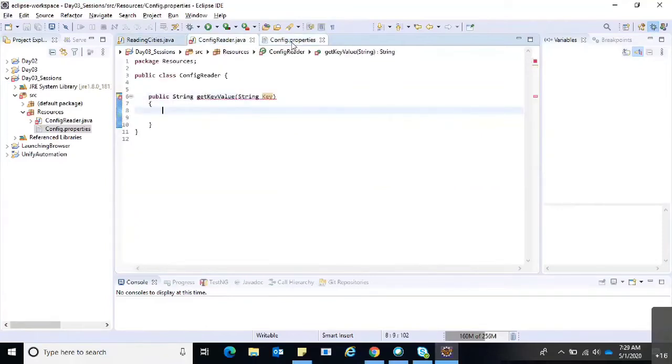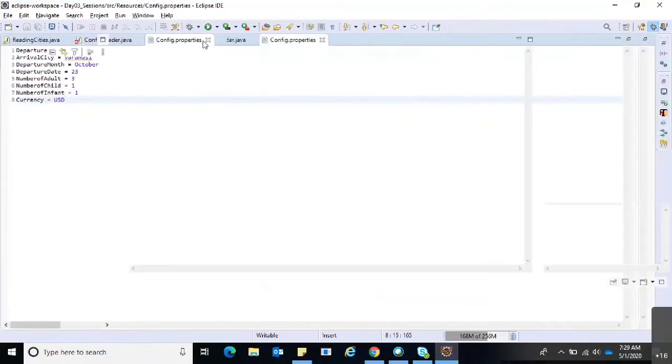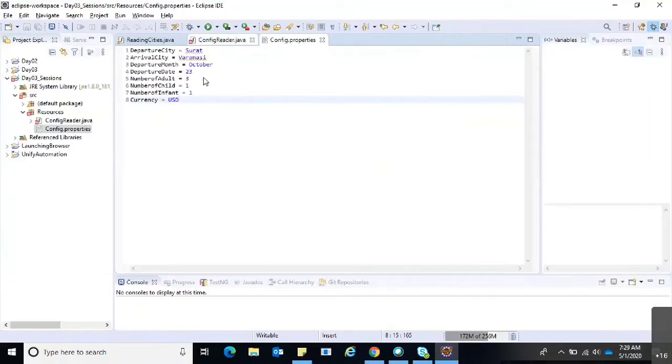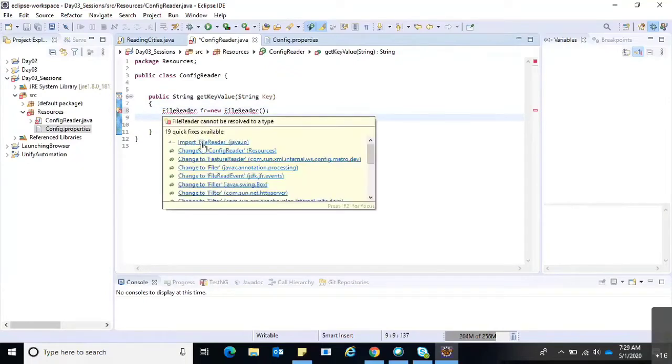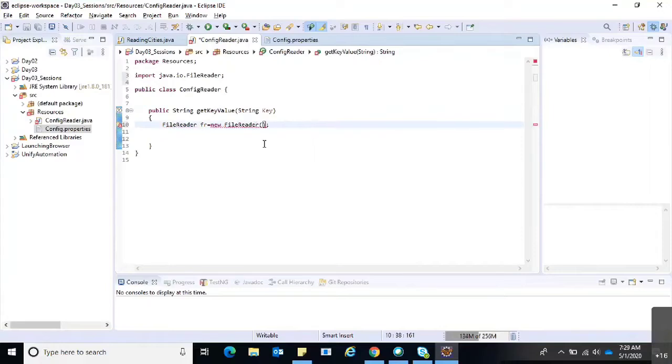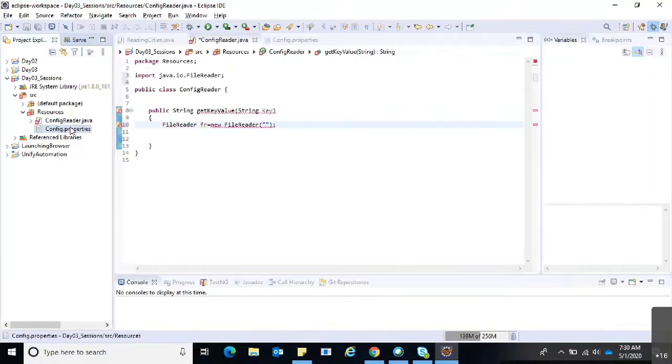So now I want to read this particular config.properties, and we have one FileReader class. Import FileReader from java.io, and I just need to mention the path of this particular file.